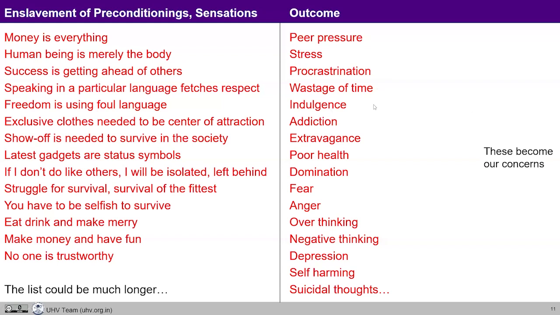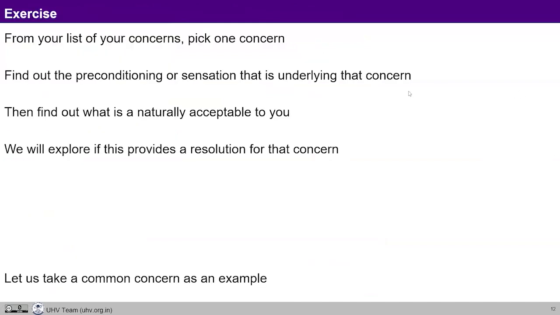Once we get affected by these kinds of preconditionings and we run into these situations, it becomes our concerns. And we can see that these kinds of concerns sometimes become very prominent. We get news that the child has been playing video games and lost money, and for the sake of getting more and more money from the parents, the child is killing the parents. So these are certainly concerns at the individual level, and this may become concerns of society also if the education is not giving the right kind of content to the students.